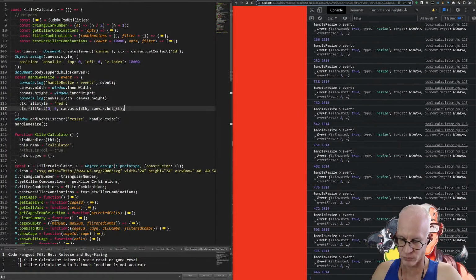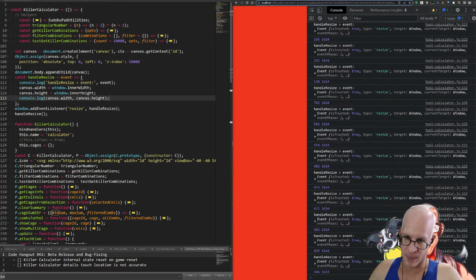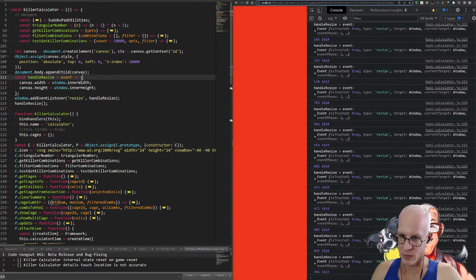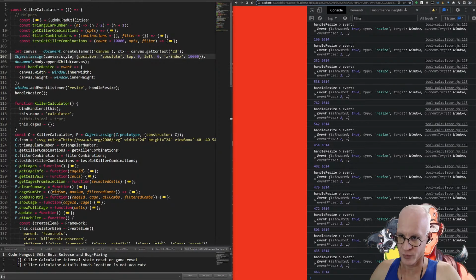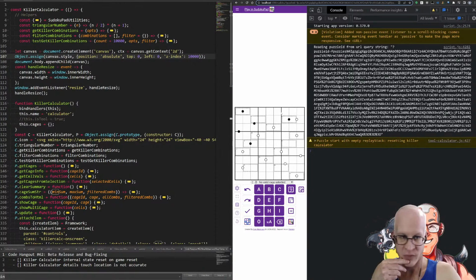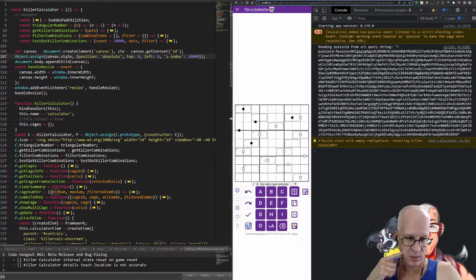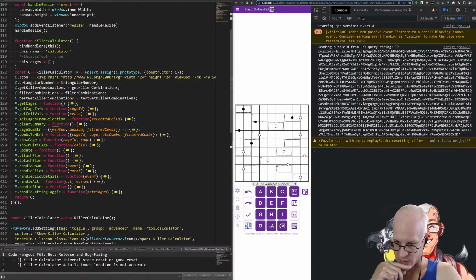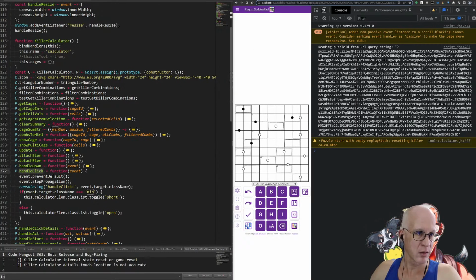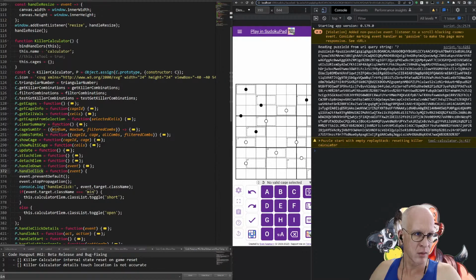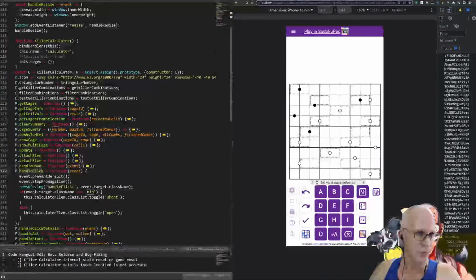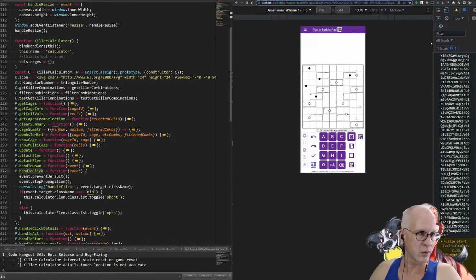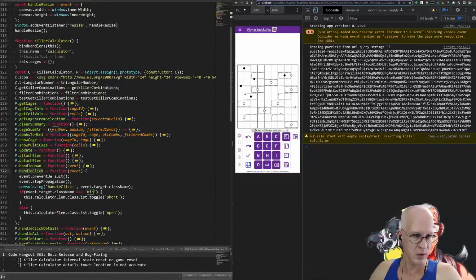All right, cool. So that should do the trick for keeping our canvas the right size and all that. And now, when I click something with the touch events, hopefully we can get some information out of that. So handle click. Here. Can I get this back down to 100? There we go. So if I now click,